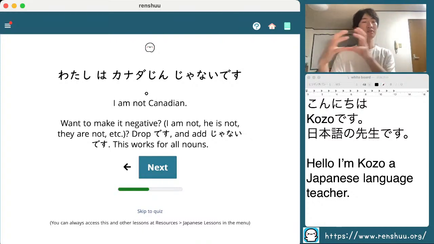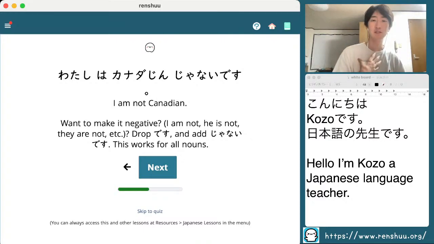So you put jin after the name of the country. It means the person from the country. Japan is Nihon in Japanese, so 私は日本人です。But I'm not Canadian, so 私はカナダ人じゃないです。